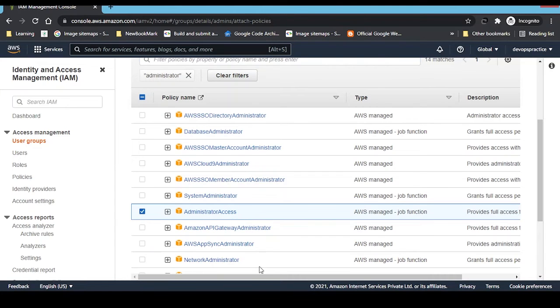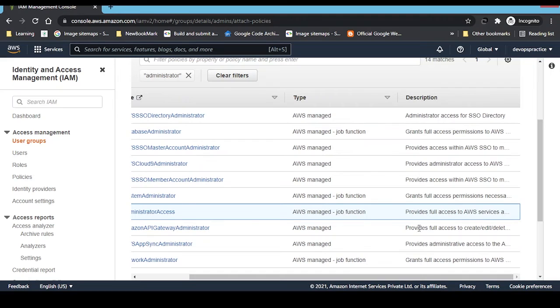So this administrator access has full access to AWS services, but still, as I told you earlier, although it has all the administrator access, some access it doesn't carry, which is carried by the AWS root user.